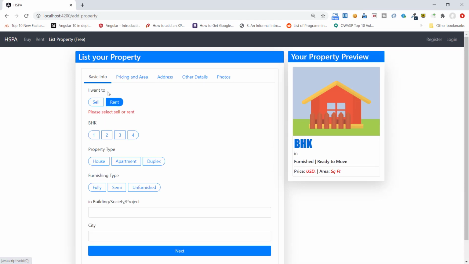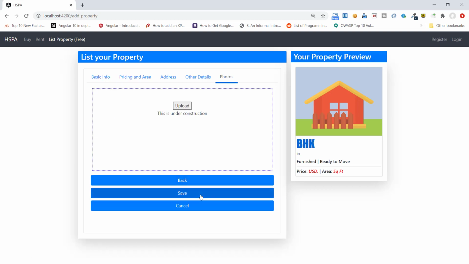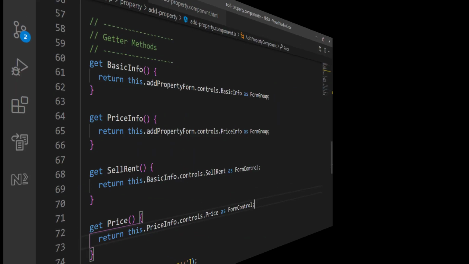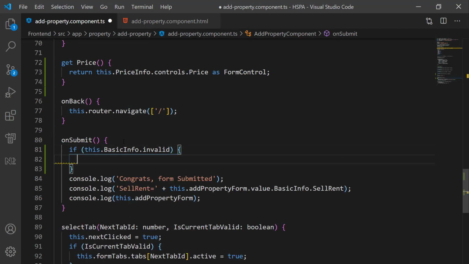There is also another case. What if the user clicked the save button without entering any value in these different tabs? So focus should be jumped to that particular tab. Let's implement the same next. So we can check each group here, and if that group is invalid, we will activate the associated tab for that group.